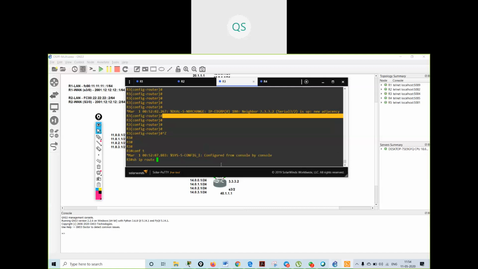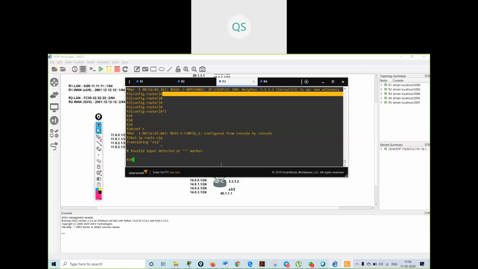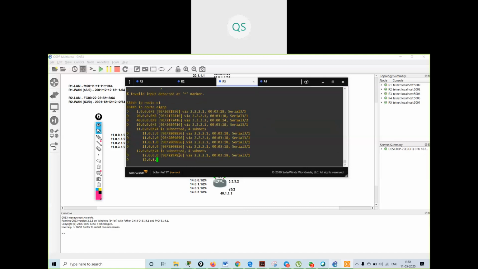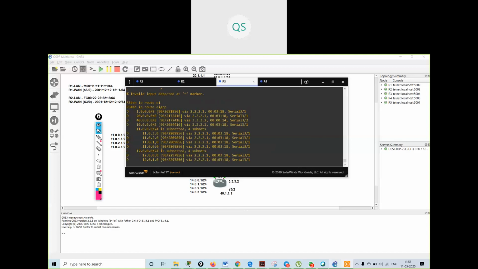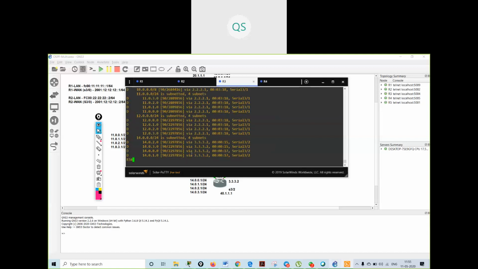So show IP route EIGRP. See, now I am getting 14 dot routes also and 40 dot routes also.